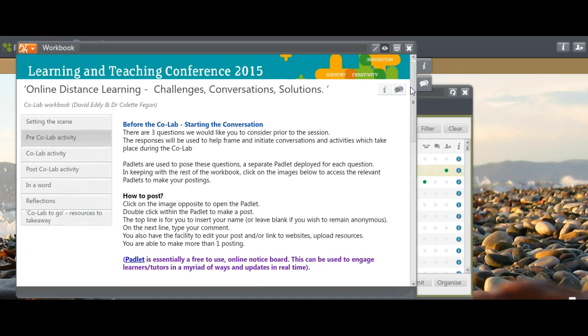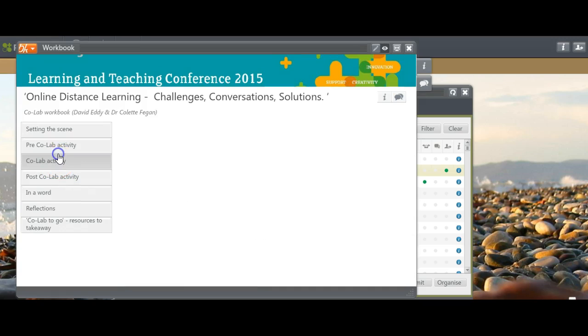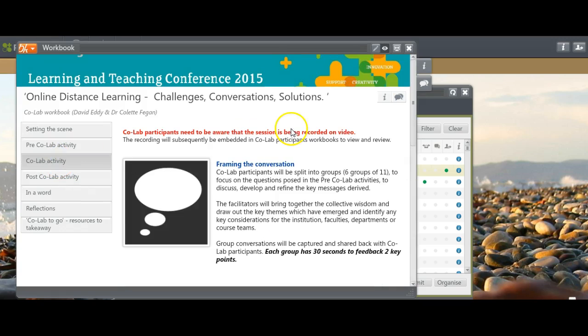These activities are designed to help start the conversation in terms of what the challenges and issues are around online distance learning, and that will help frame the discussions that we have during the CoLab itself. If I go on to the next page, which is the CoLab activity, the key thing to draw your attention to here